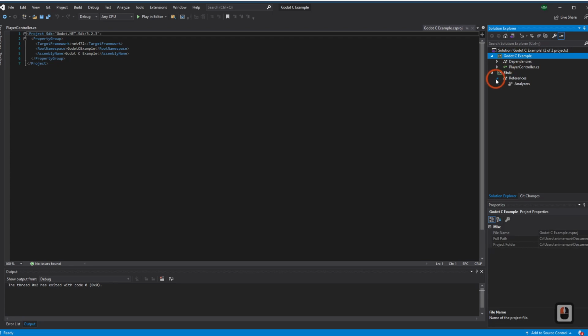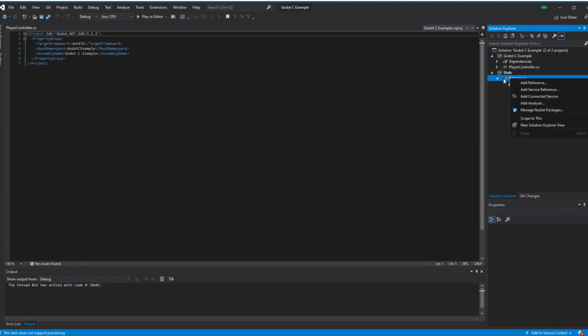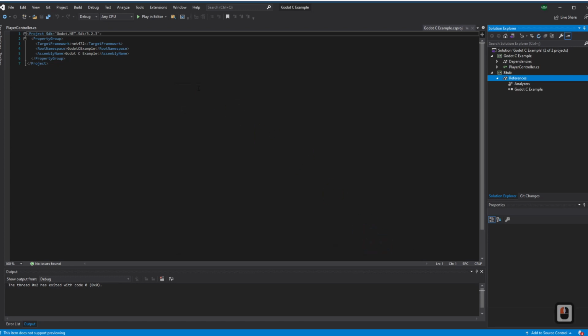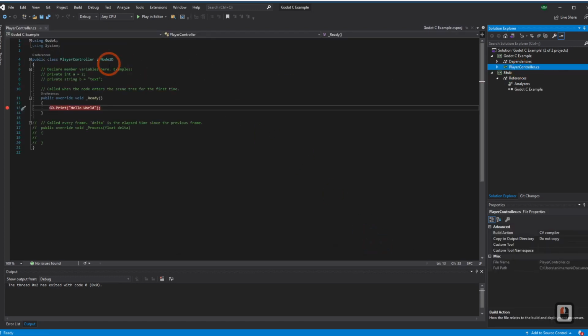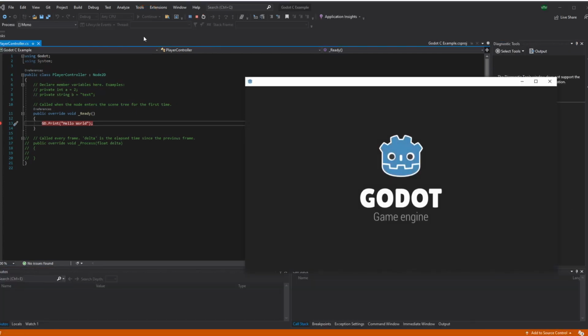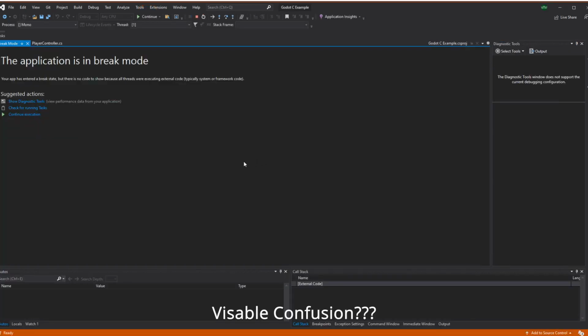So what we can do is click the down arrow. Actually, we don't have to click the down arrow, but we can click add reference, go ahead and add our C# project, and hit OK. Then if we go to our player controller and hit play in editor, now that we have that assembly loaded,